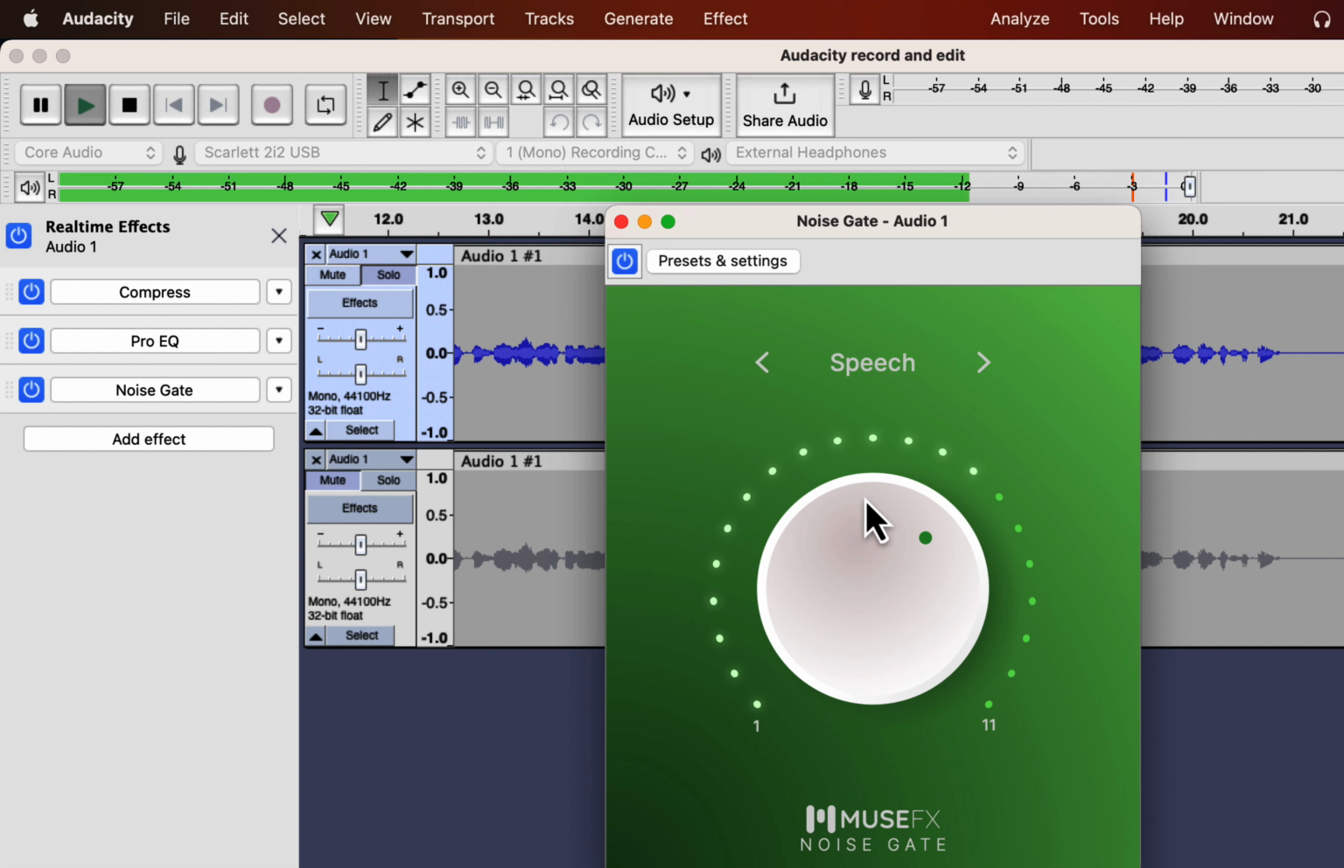For Mac, you also have the option of GarageBand, and if